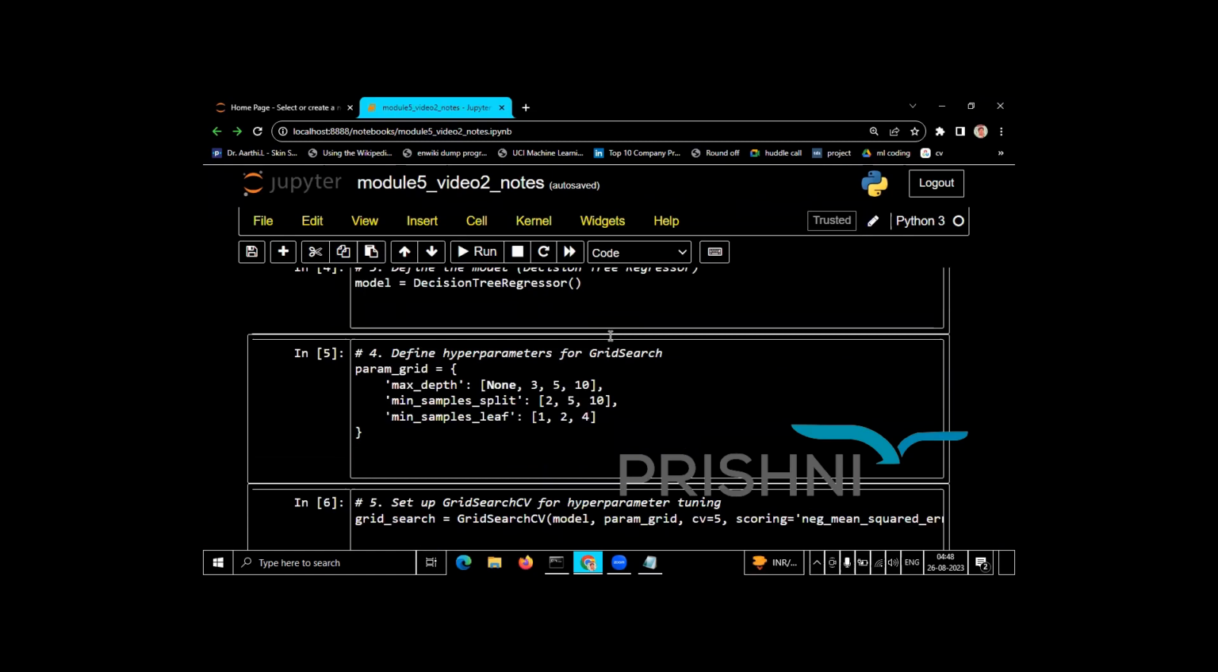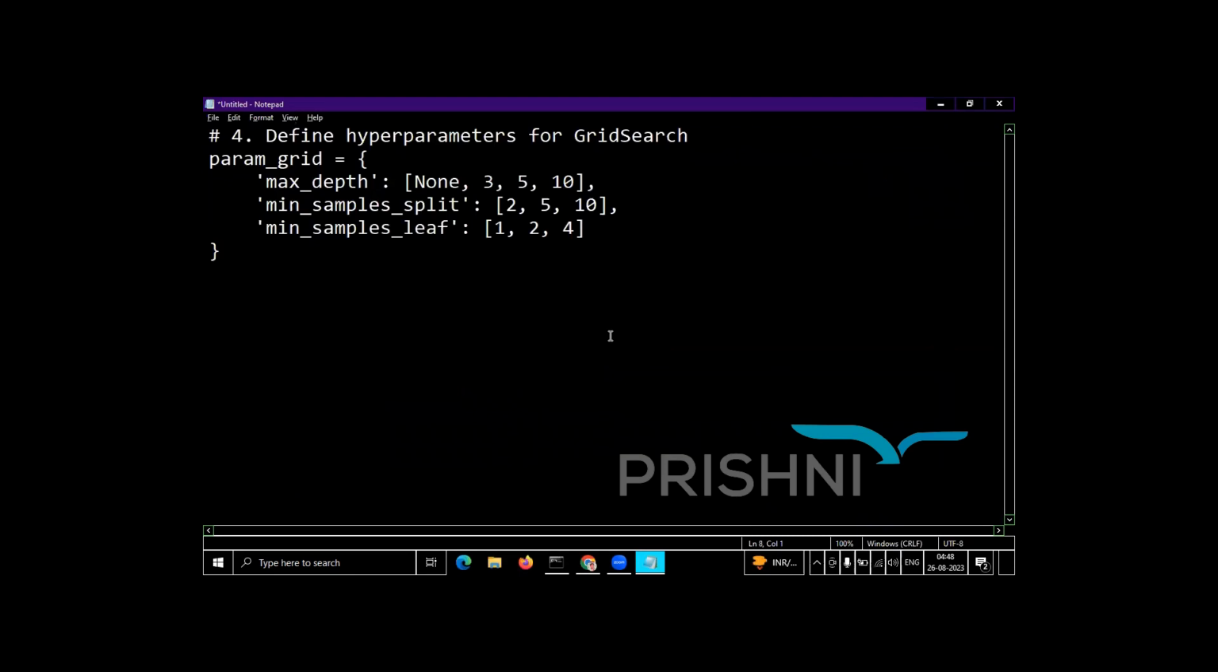4. Define hyperparameters for grid search. So we have to define the hyperparameters for grid search, so that we will give a list of values. It will find out the best value out of it. param_grid = { 'max_depth': [None, 3, 5, 10],